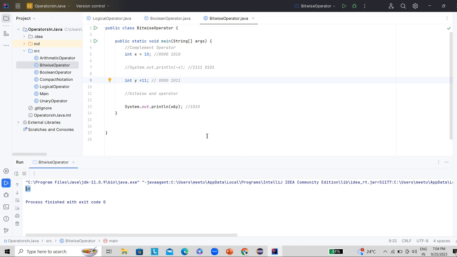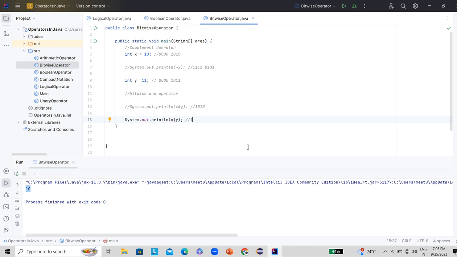Similarly, we can perform the operation with the OR operator. Let's comment this part and write with the same variables only. So let's write this statement here as the OR operator. What is going to be the output here? Let's calculate manually first and then see. OR operator means if any of the operands has the value, it is going to print that value. Let's calculate first with a simple math formula. 1 or 1 means it is going to return 1 only.